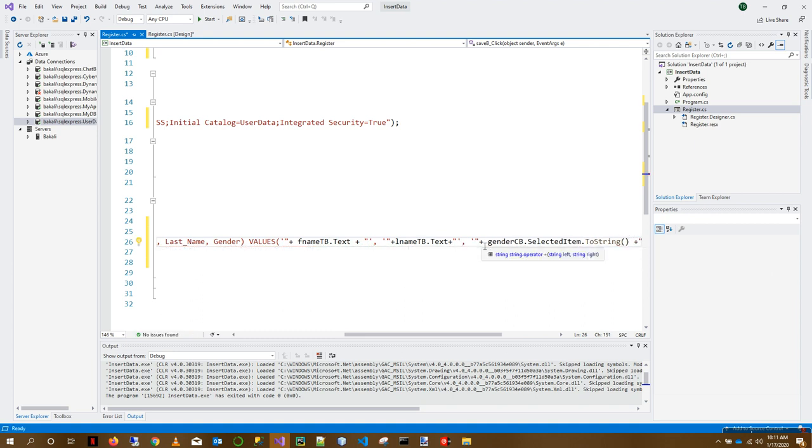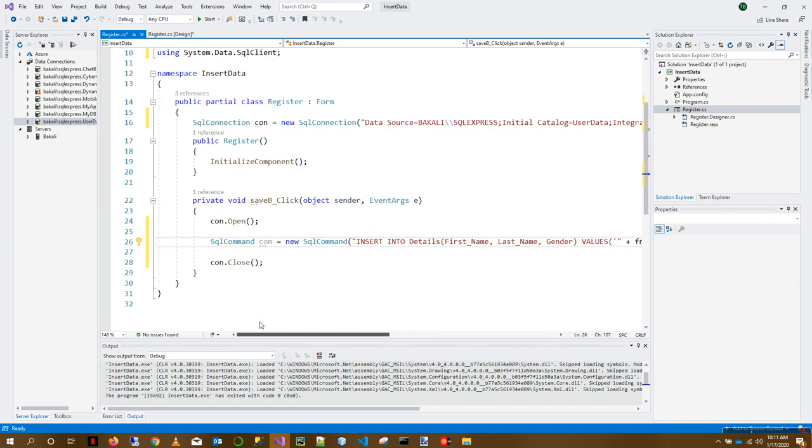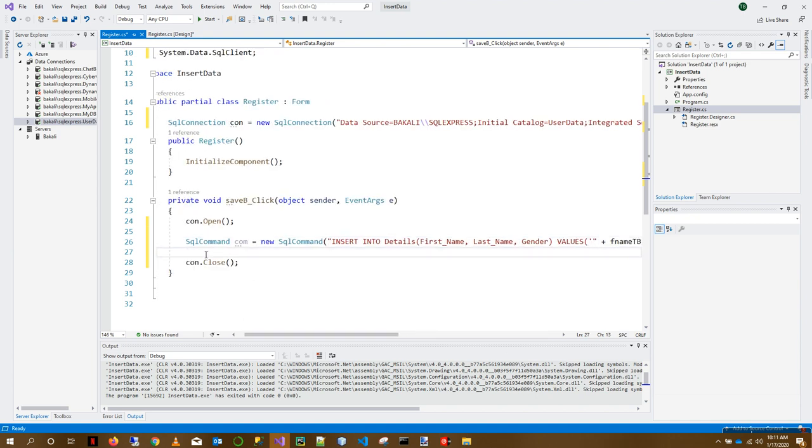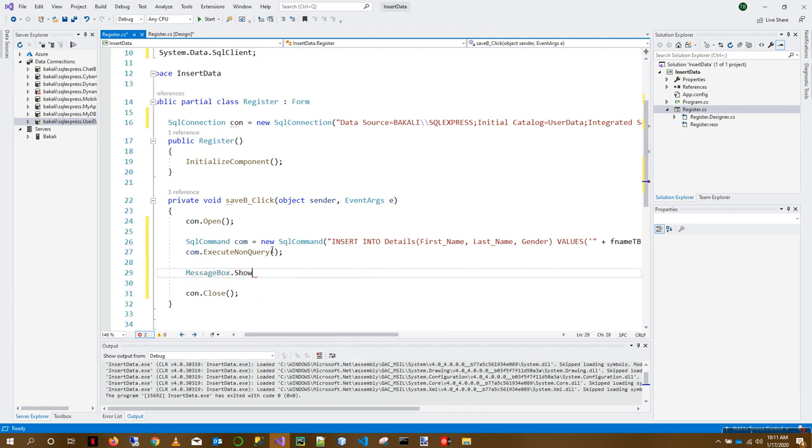So let me just separate this so that you see some of these codes. Right, this looks much better. So this is our command. What we need now is to execute that command. So we'll say com dot ExecuteNonQuery, and maybe we might want to say message box dot show, and in between